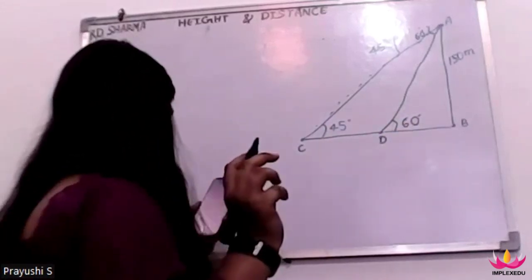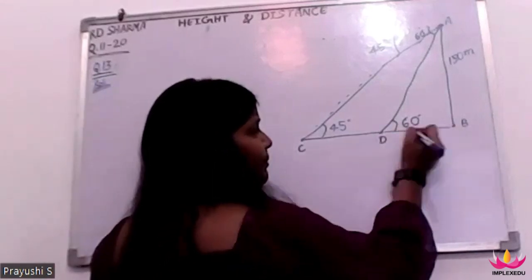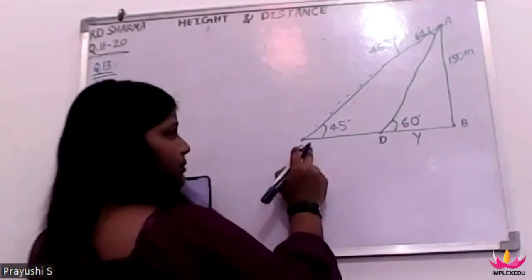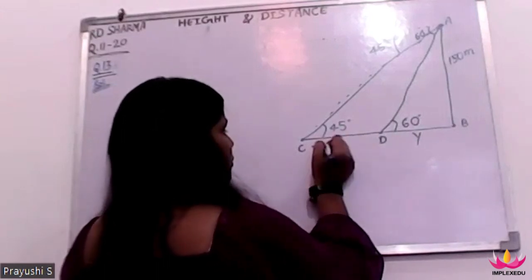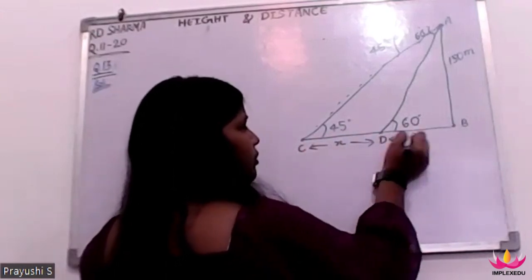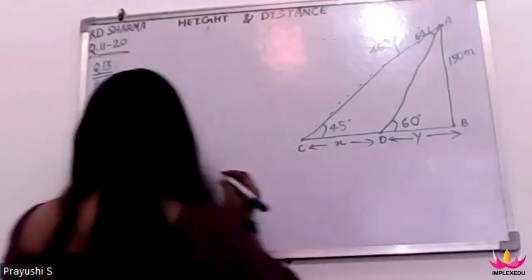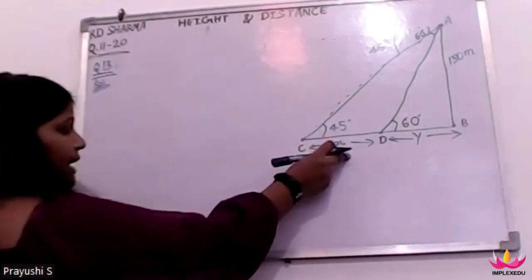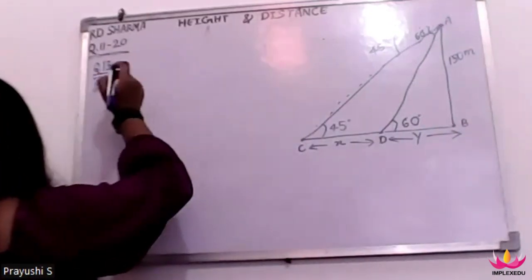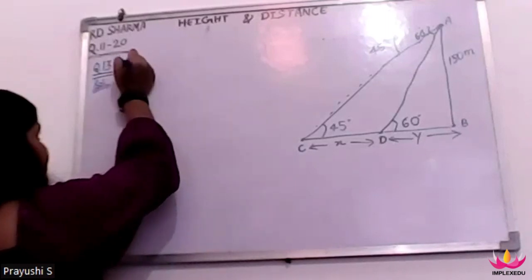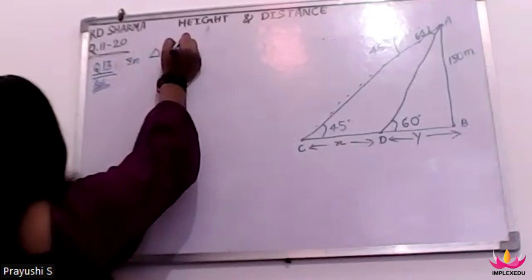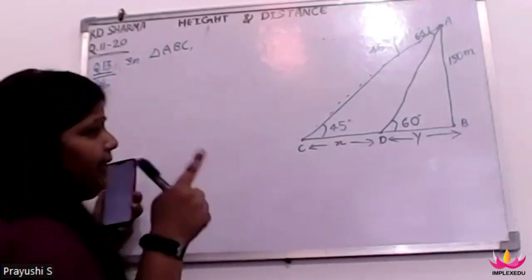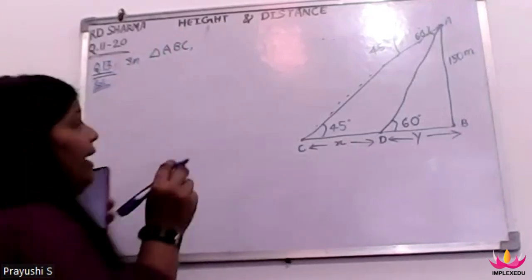So let's assume that the distance between DB will be y and the distance between CD is x. Okay. Now we will solve this question. So we have to find out x and y. So now in triangle ABC, in triangle ABC,